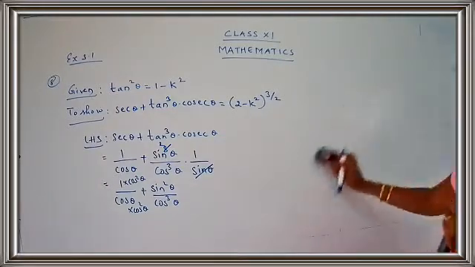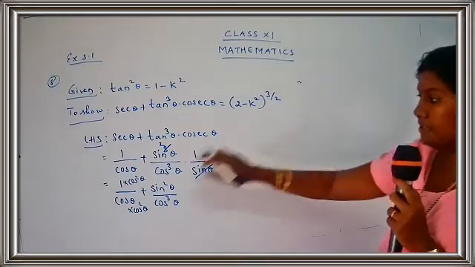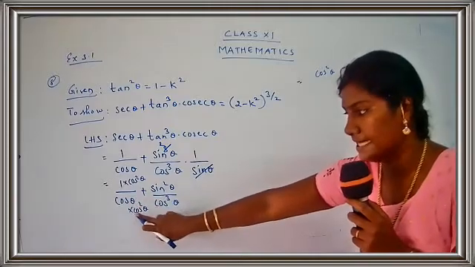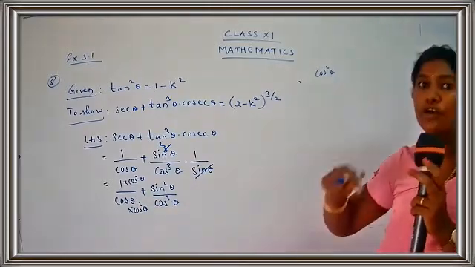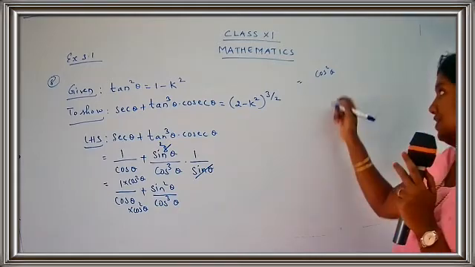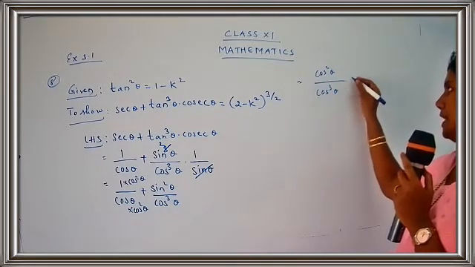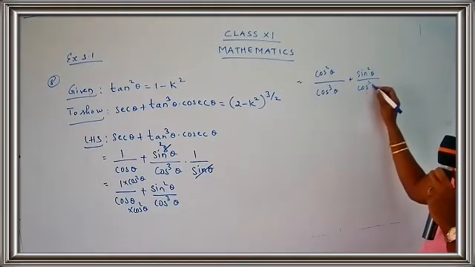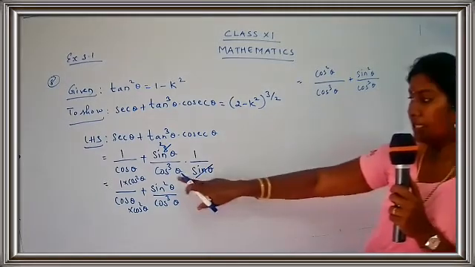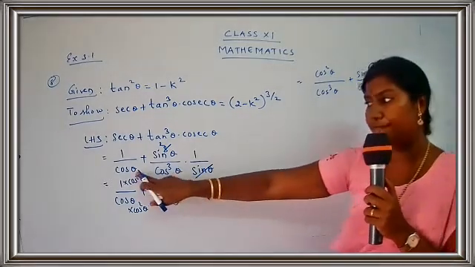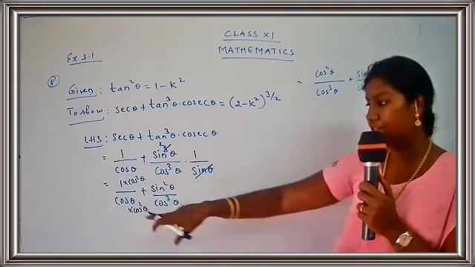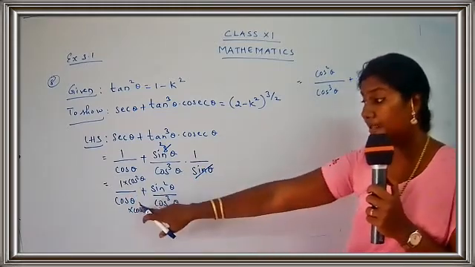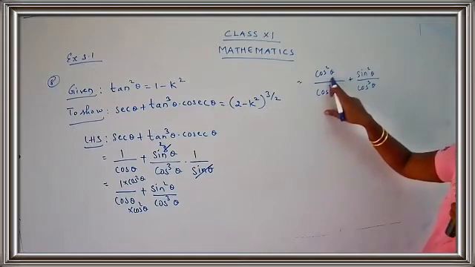So now, let's go for the next step. So what do you get here? 1 into cos square theta gives you cos square theta. Okay. Upon cos theta into cos square theta. Cos theta into cos square, so 1 plus 2, 3. Upon cos cube theta plus sin square theta upon cos cube theta. Are you clear, children? So here the denominator was cos cube theta and here it was cos theta. So what I have done is I have just multiplied the first term by cos square theta in the numerator and the denominator. So I get the denominator part as cos cube theta, the numerator part as cos square theta.